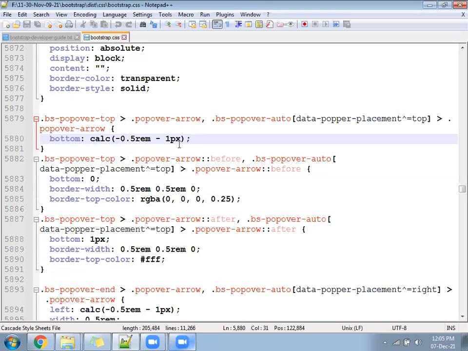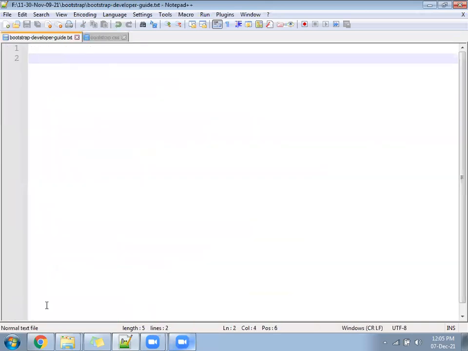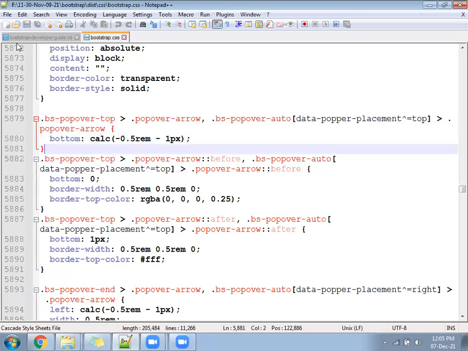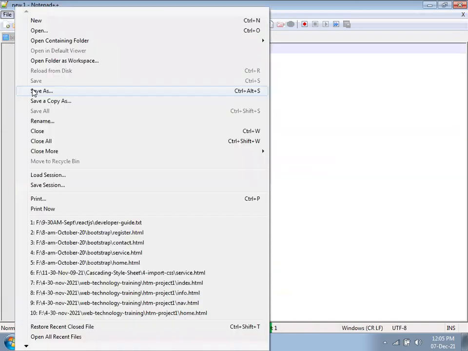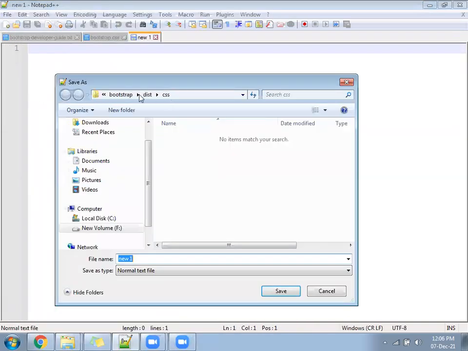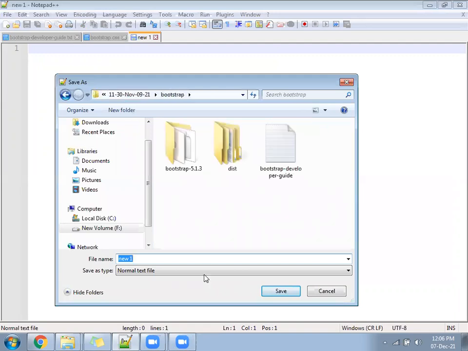Okay, come, we will create one test file. If the test file works properly, after that you can use it easily. So we will create a file and give the file name test.html and store the file under the Bootstrap folder, not under the CSS folder. Test.html.